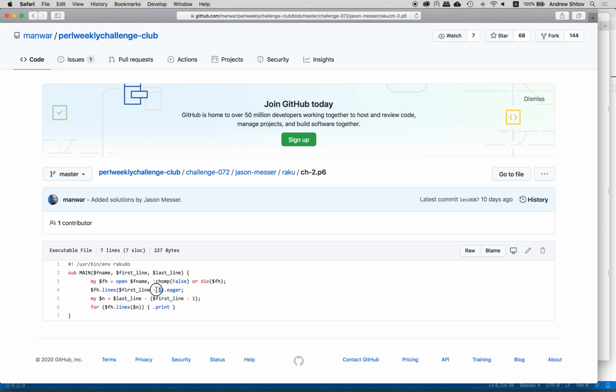So first line -1, which means that we want to skip the first lines before the line number A. Then this is basically the number of lines that we want to print, and for dot print, you can put it in the beginning, but nevertheless we just print